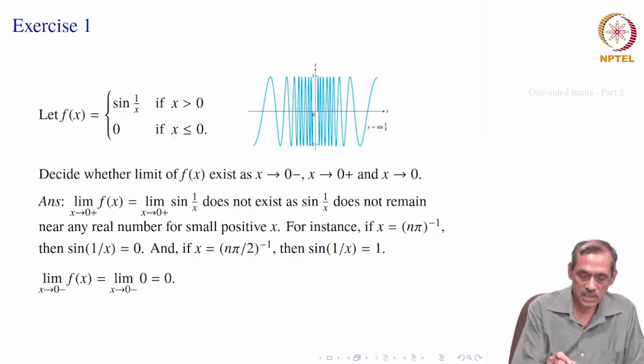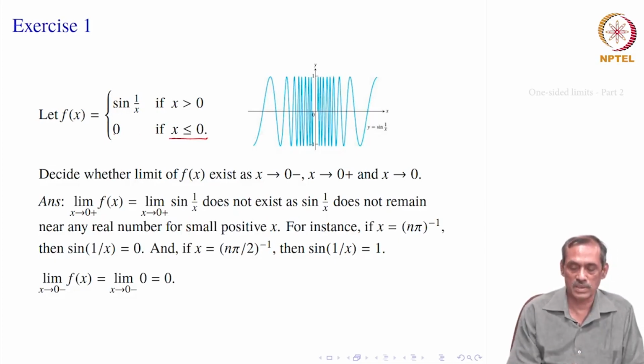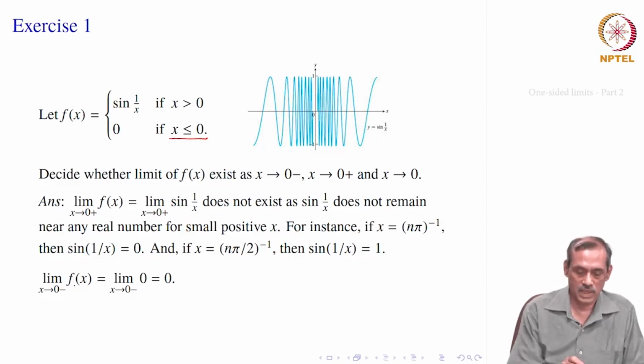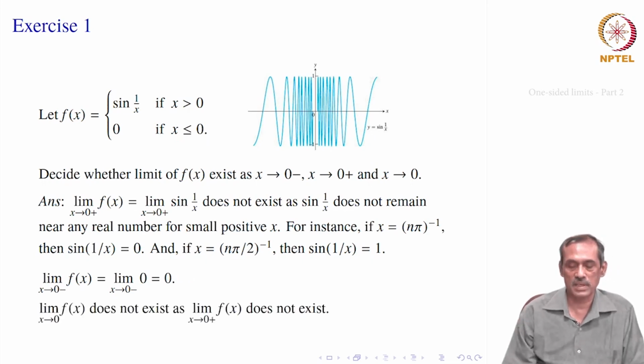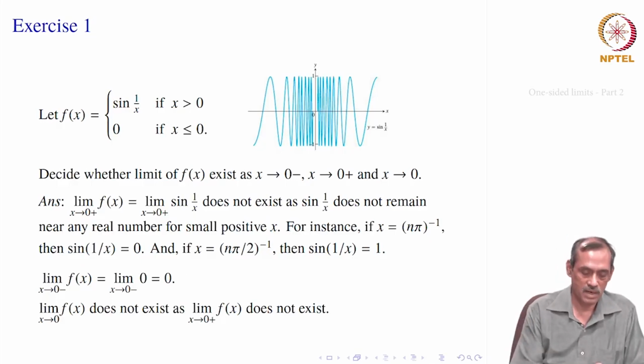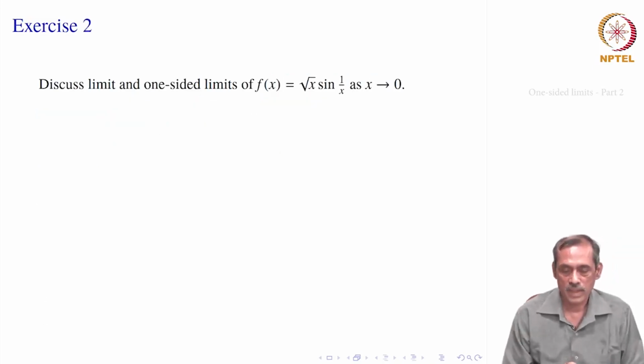For the left side limit, for x less than or equal to 0, the function is 0, it is a constant function. So, that limit exists because f x equal to 0 there. Here all points x we are considering are near 0, but less than 0. At those points f of x equal to 0, therefore, the limit equals 0. Left side limit exists and that is 0, right side limit does not exist. Therefore, the limit of the function also does not exist, because otherwise both the limits should have existed and been equal, which is not the case. Okay. So, let us take the next problem.